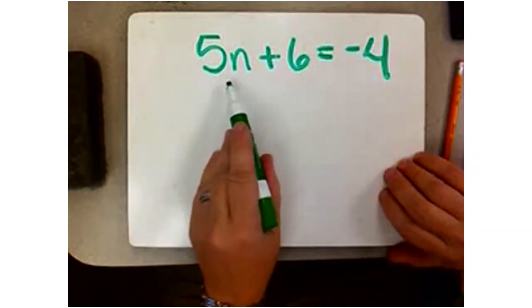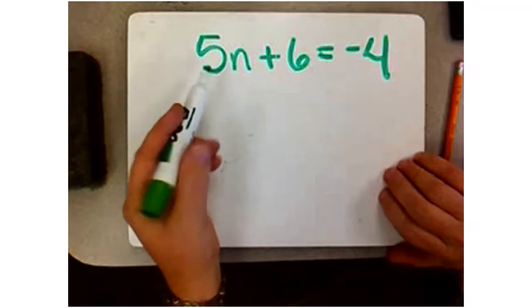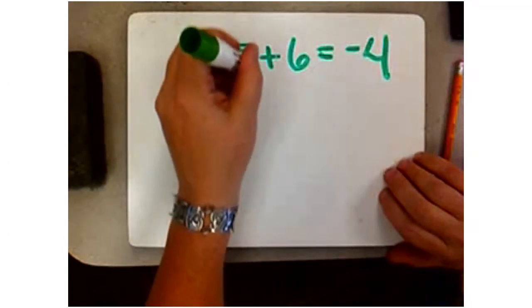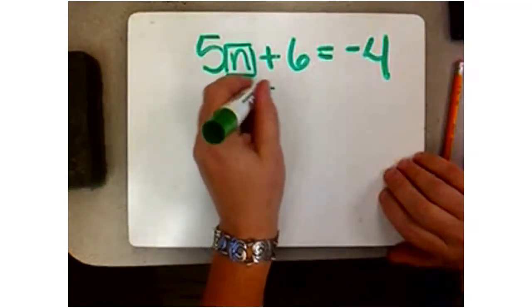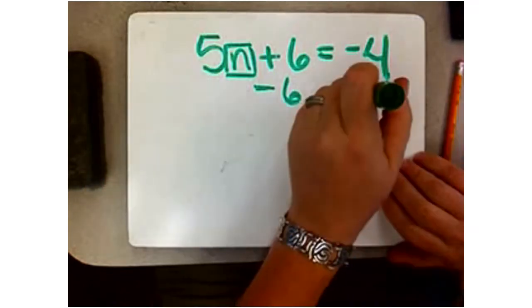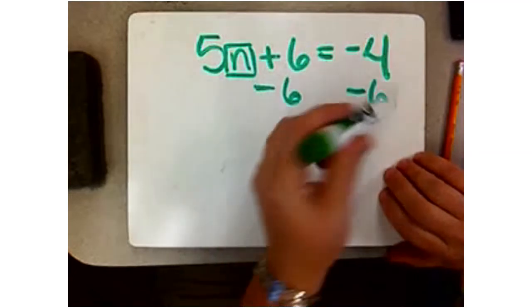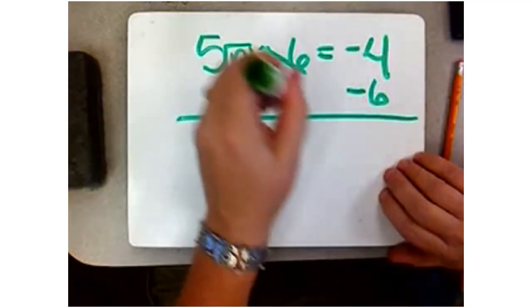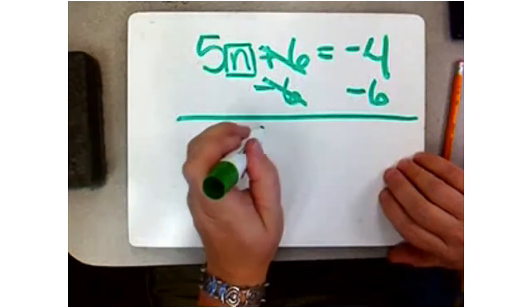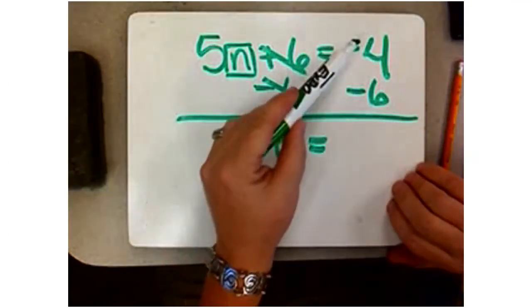Okay, we have 5n plus 6 equals negative 4. So we want to get n by itself. So we're going to subtract 6 from both sides because of that plus 6, right? We're going to subtract 6 from both sides. Positive 6 and the negative 6 cancel on the left, and we're left with 5n equals